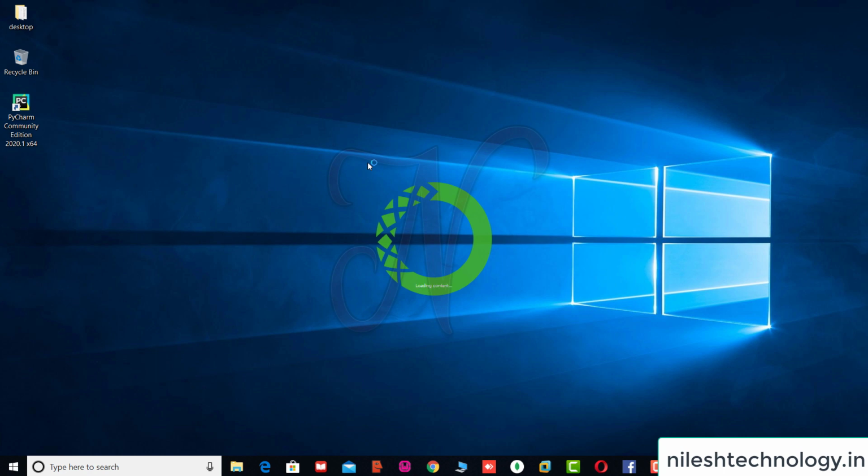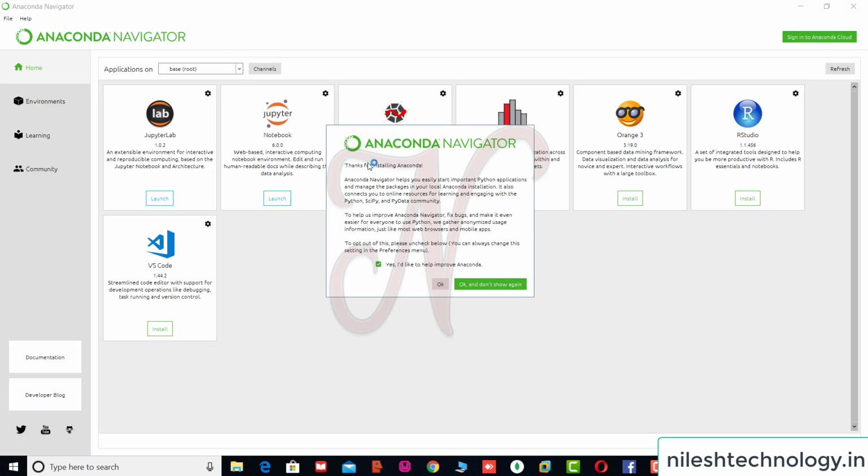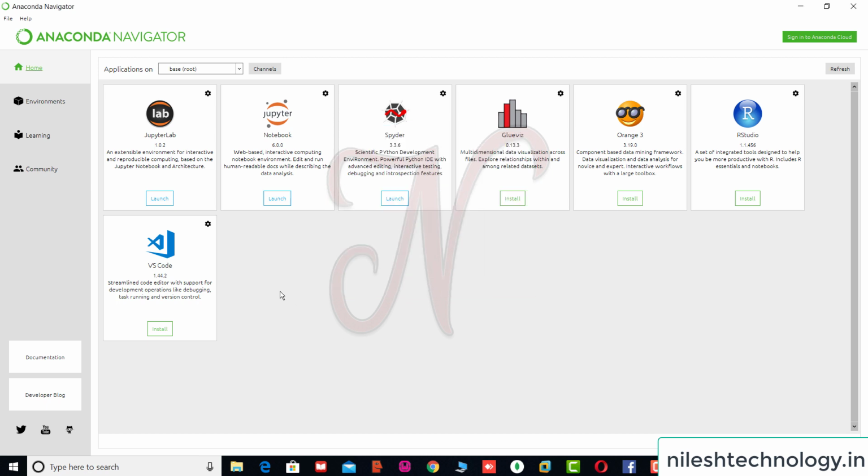Okay, see here, I can click OK. So these are the different options available in this Anaconda Navigator. So this is the JupyterLab, Notebook, Spyder, then Orange 3, RStudio, VS Code. Okay, so you can also install additional libraries in this Navigator. Okay, but here I can launch this Jupyter Notebook, so I can click this launch button.